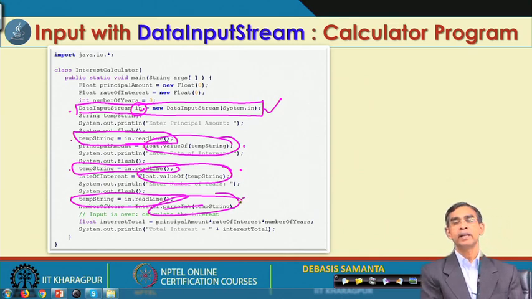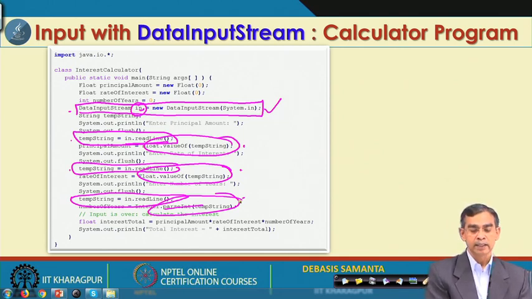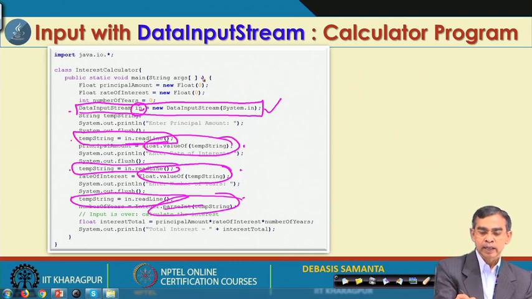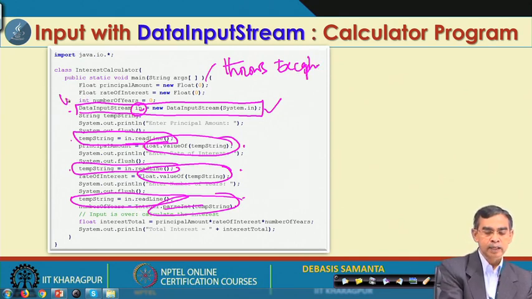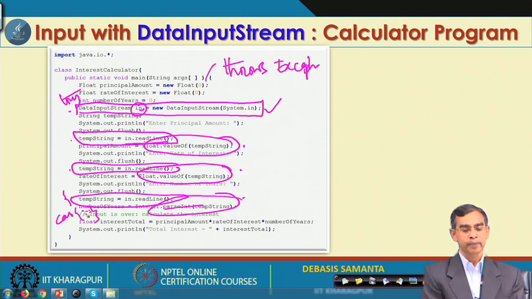Now, once you identify the possible locations where an exception can be thrown or can occur, accordingly we have to take care of the try catch. There are again many ways. First of all, we can use the throws statement. So, what we can do is that we can write here throws Exception. Then whatever the causes are, we can put try and then here catch, then Exception E. So, this is one way.